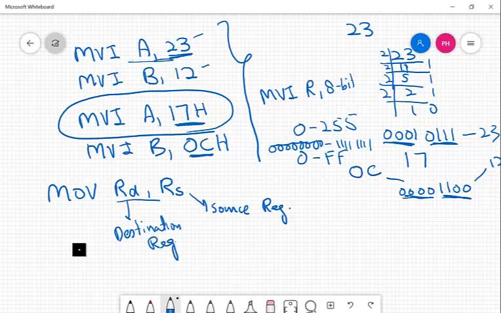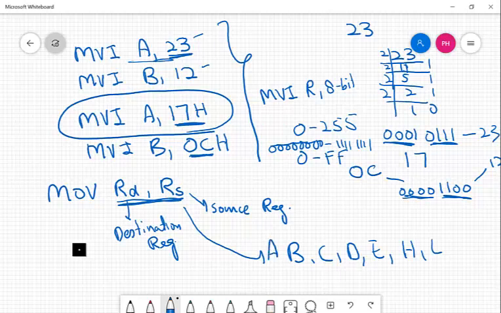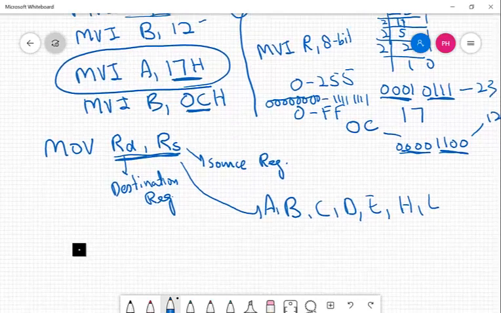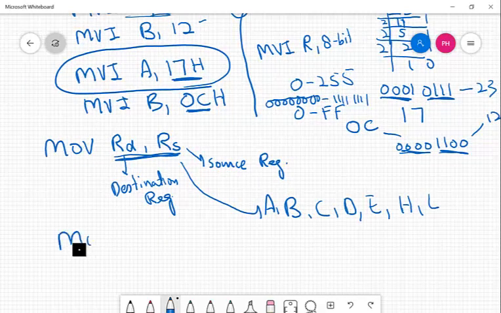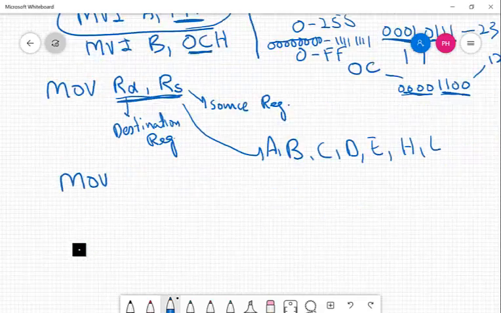And again, RD and RS can both be any general purpose register: B, C, D, E, H, L, and they can also be the accumulator A. Accumulator is a special function register. In some time you will know the exact function of the accumulator in the 8085 microprocessor. So for example, I can write MOV, move,